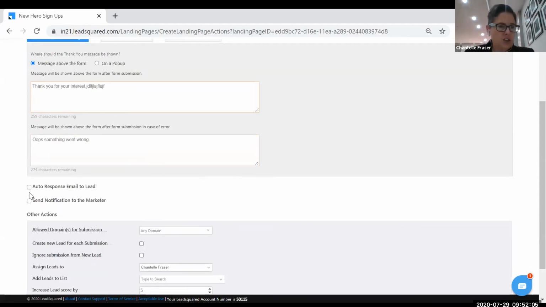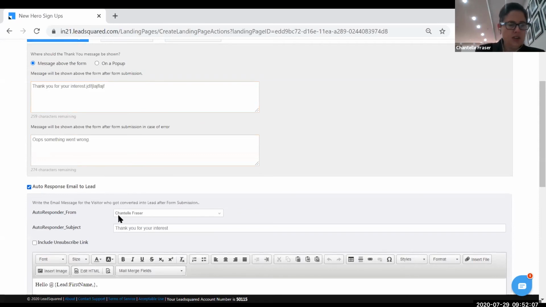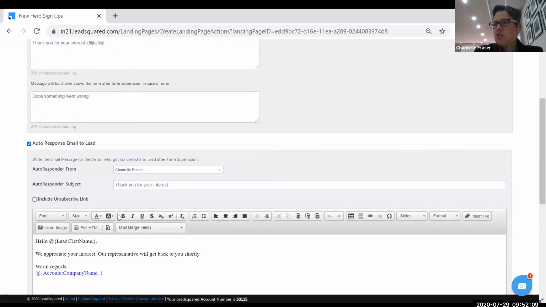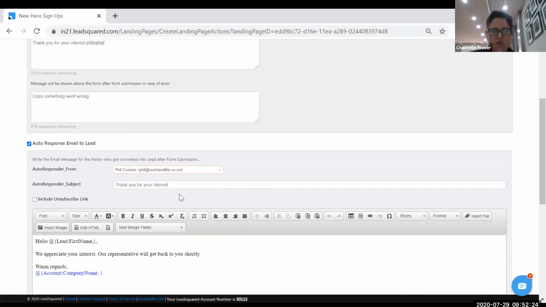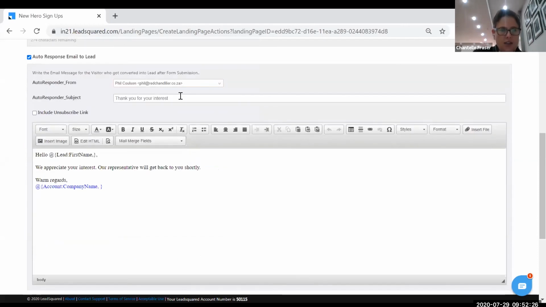The next thing is that you can set up an auto response email. So if somebody visits your landing page, all right, at 2 a.m. in the morning, you can decide who you want the email to be sent from. So maybe you want to send it from somebody else in your company, right? In this case, I'm just going to say we want it to come from Agent Phil Colson. And I can then change my subject line over here. And I can say, we are so glad you want to be a superhero,